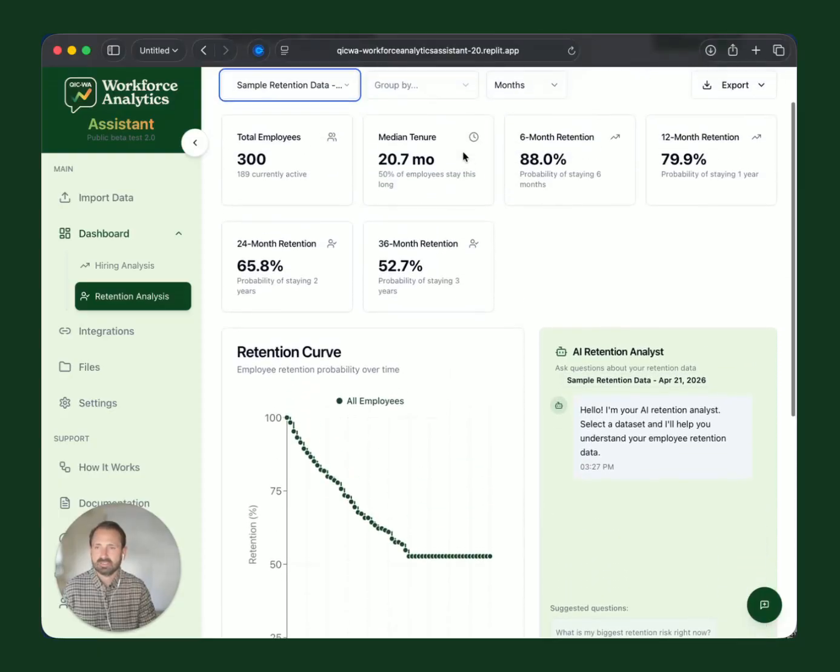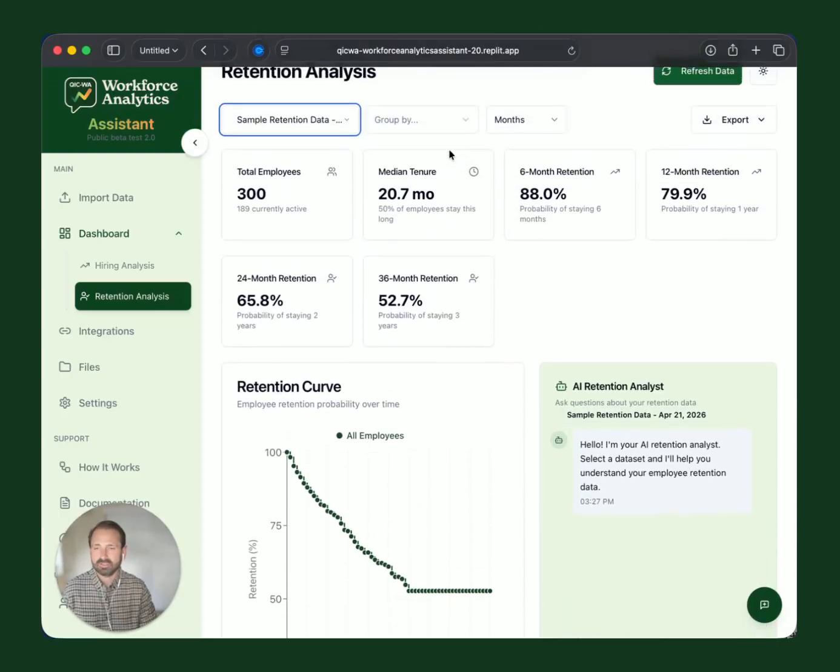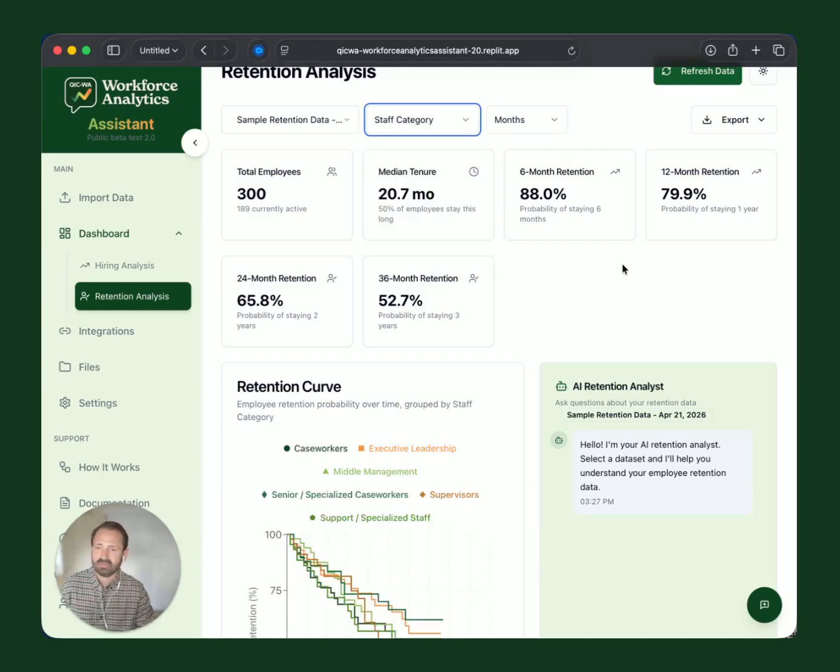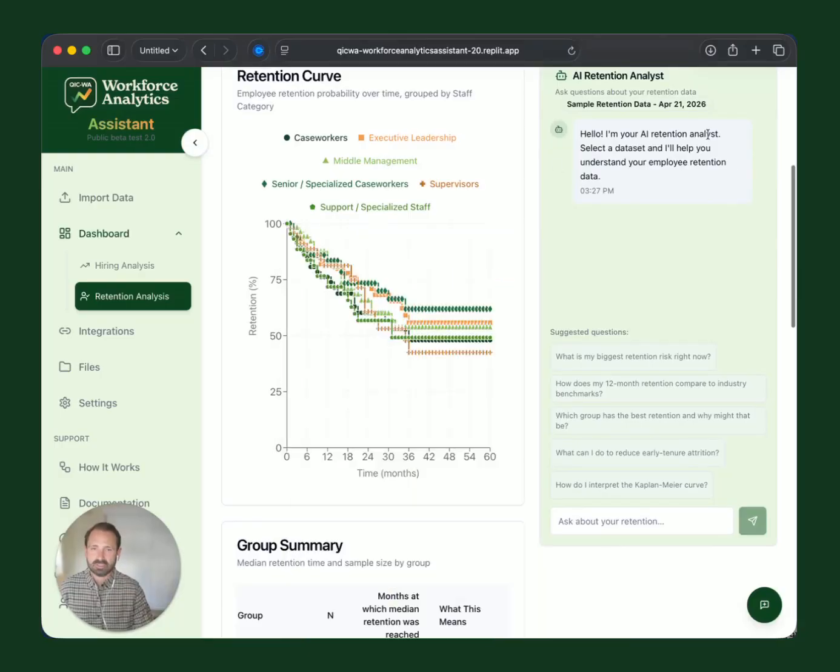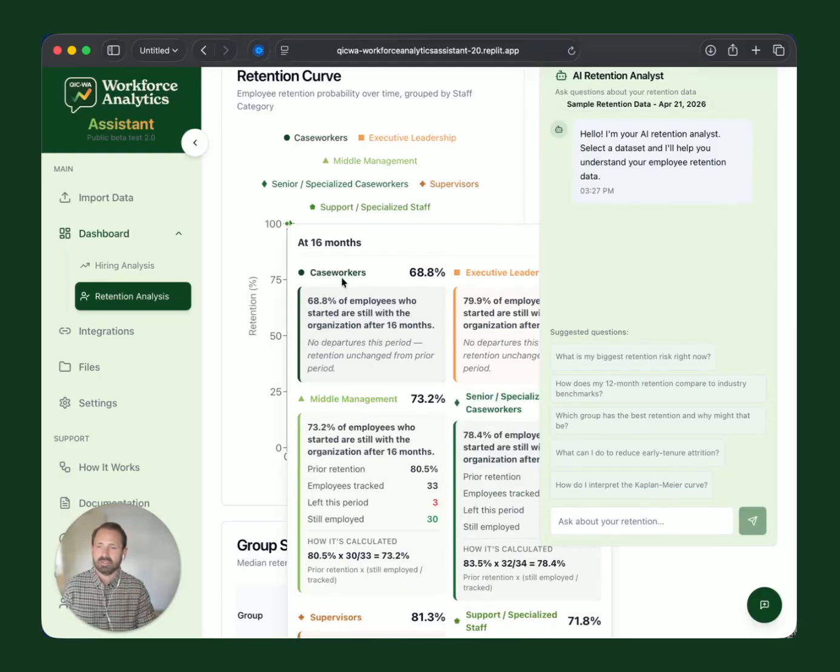A key piece of this is that you can disaggregate or segment that retention analysis by key groups. So say, for example, staff category. In this case, we can separate them by caseworkers and executives and middle management and senior specialized workers, supervisors, or support staff. And as you can see, it shows you some detail about each of those different types of